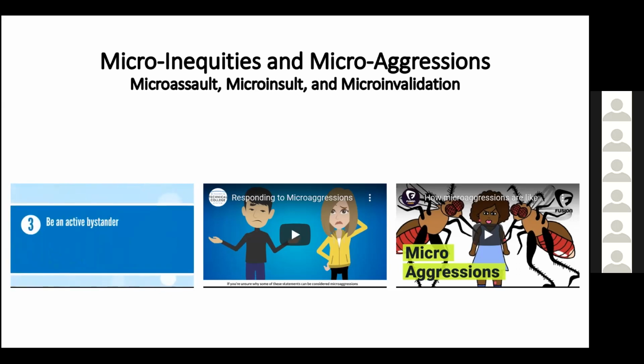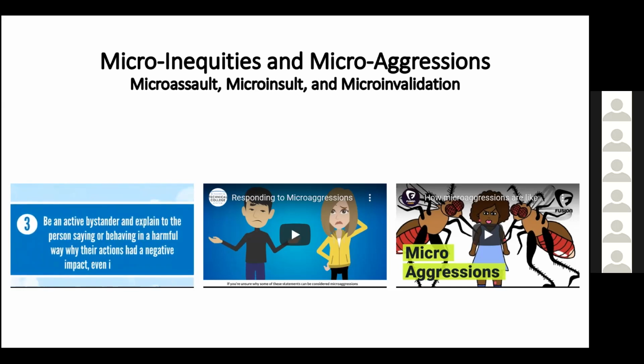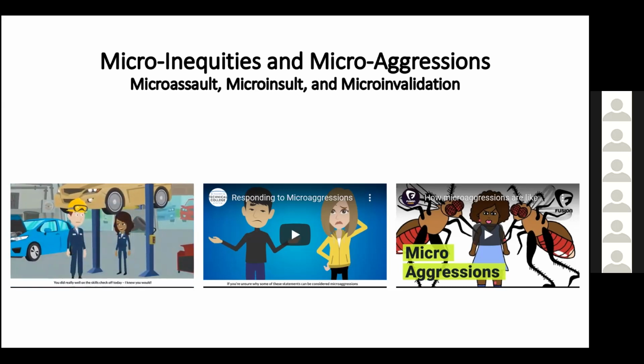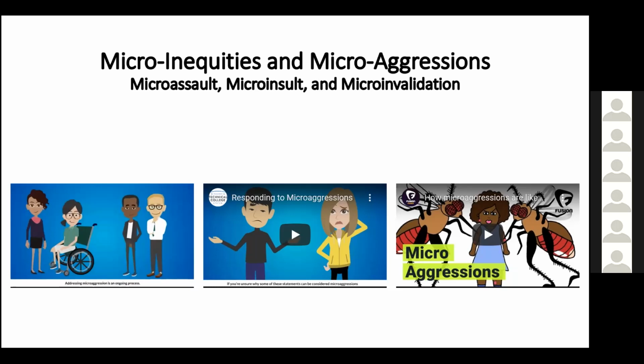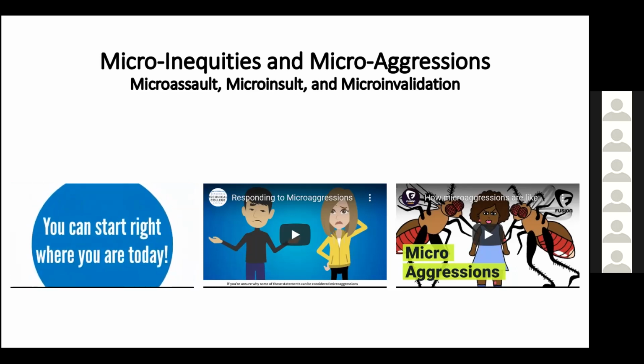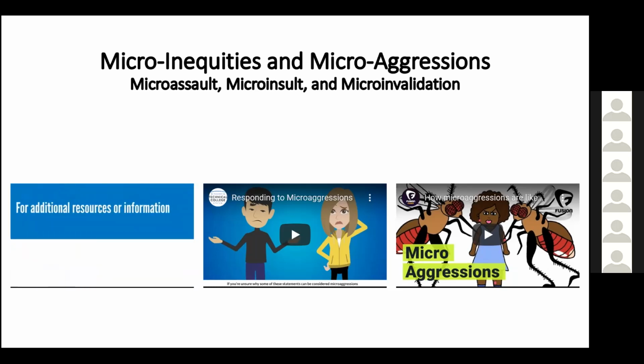Be an active bystander and explain to the person saying or behaving in a harmful way why their actions had a negative impact, even if unintentional. You did really well in the skills checkoff today. I knew you would. Addressing microaggression is an ongoing process. You can start right where you are today. For additional resources or information on microaggression,